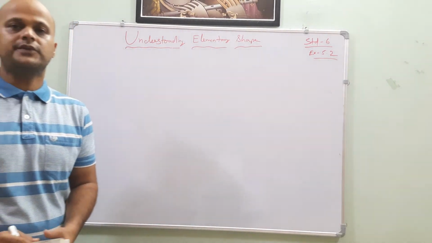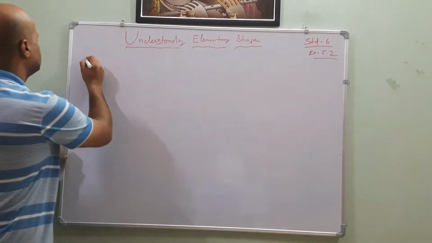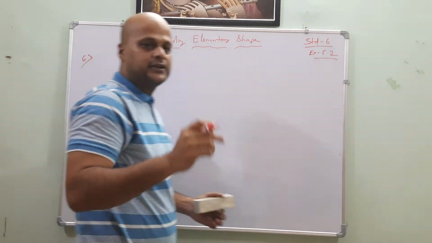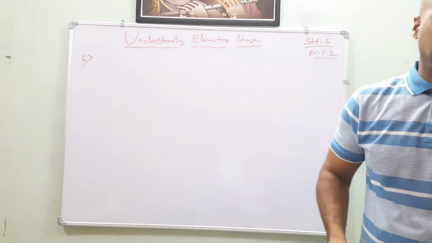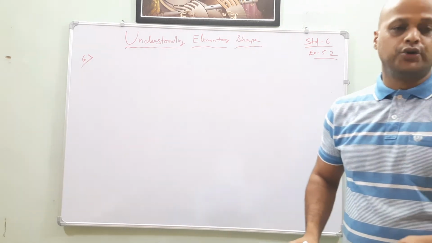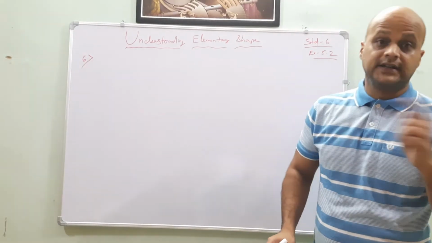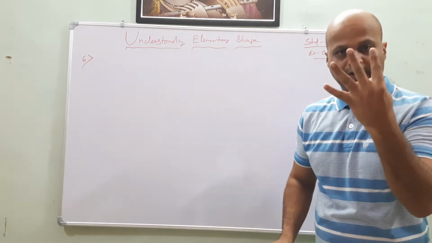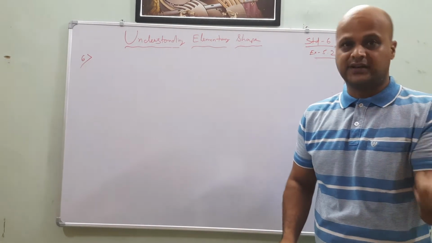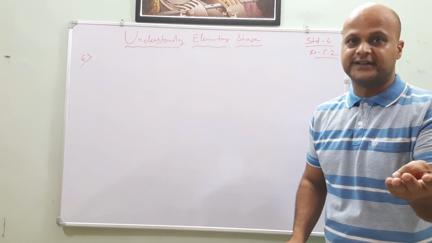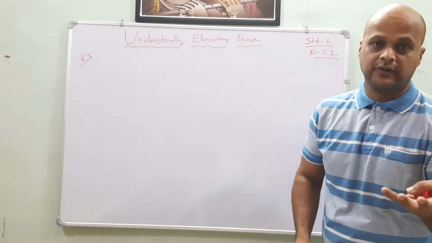Okay? Let's go to the sixth one. What is the sixth one saying? How many right angles do you make if you start facing? Now, facing it is saying. How many faces are there? 4 faces. East, west, north, south. Yes or no? In the previous point it was saying about the clock. Now it is saying the facing.